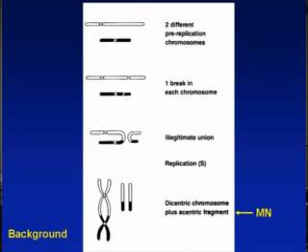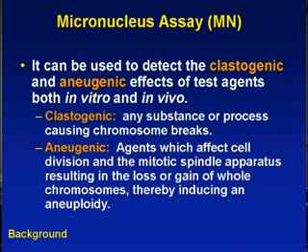But there are other ways, you don't have to go through that chromosome spreading. You can look at the cells to find that particular fragment. That's one method you can do using the micronuclei assay analysis. And this is gaining more popularity in industry as a way to measure the mutagenesis, carcinogenesis, or genotoxicity of many different types of chemicals. So it has been applied to detect both the clastogenic and the aneugenic effect of a testing